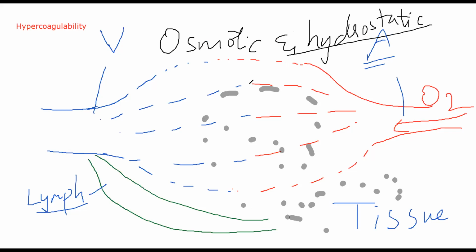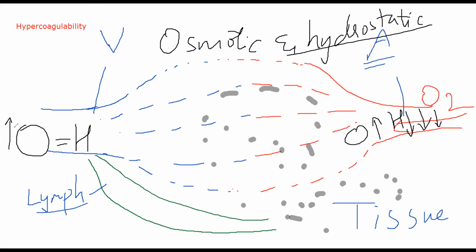Osmotic pressure will make sure that blood volume is maintained. It will make sure that blood is present inside the blood capillary. Okay? Osmotic pressure is making sure that blood is coming inside here. Hydrostatic pressure will do the opposite. Hydrostatic pressure in the blood vessel will make sure that fluid is going out. Now, generally at your arteriolar end, your hydrostatic pressure is slightly higher than your osmotic pressure. Whereas on your venular end, your osmotic pressure and your hydrostatic pressure are somewhat equal. Okay? Osmotic pressure is trying to keep fluid inside, whereas hydrostatic pressure is trying to push fluid outside.